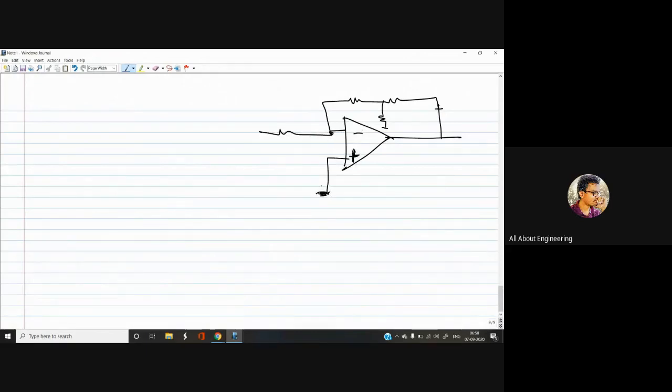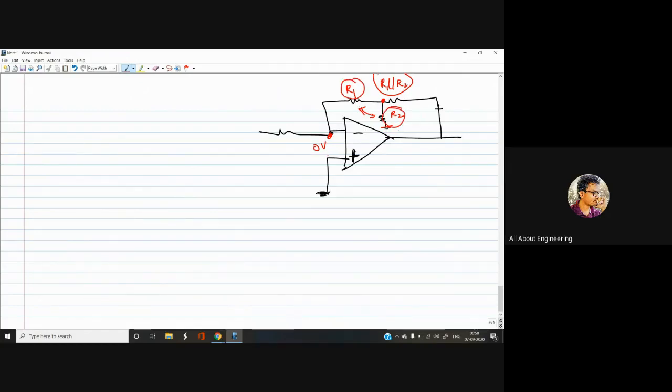There will be some question like this. If you apply the concept of virtual short, then the potential across this would be 0. Here also it would be 0. Then he asked me whether he can assume these two resistances parallel. If this is R1 and this is R2, can we assume these two as parallel? No, you should not assume that as parallel. You should go for KCL or nodal analysis to solve this, but you should not assume these two resistances parallel.